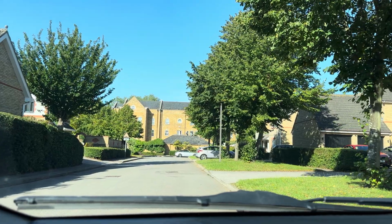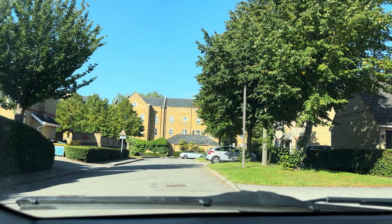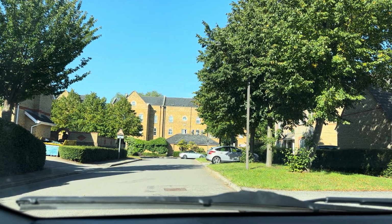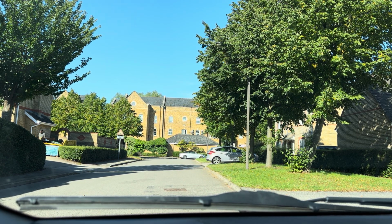This way, left a little bit and let it roll, keep rolling right to the edge of this driveway so you can reverse back. That's lovely, thank you. I won't turn this off because I'm going to be asking you some questions, but that wiper is in the way, so I'm just going to...